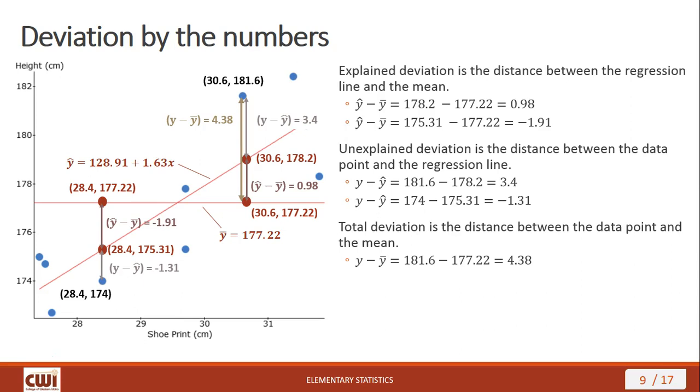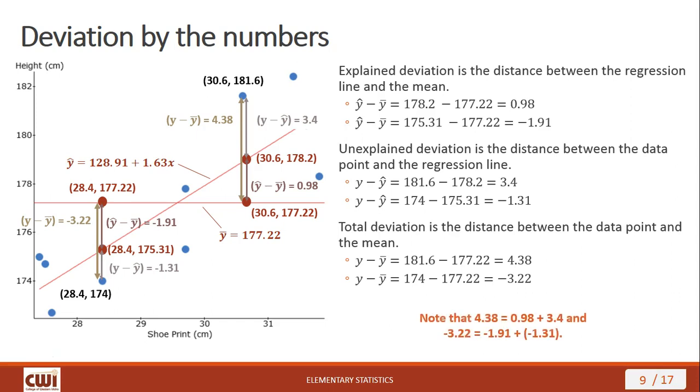That gives me a total deviation of 4.38. Likewise, for the second data point, I have a total deviation of negative 3.22. Again, positive deviation means our data point is above the regression line. Negative means it's below. Notice I could have just added the explained and the unexplained deviation together. So for the first data point, 0.98 and 3.4, if I add those two together, I get